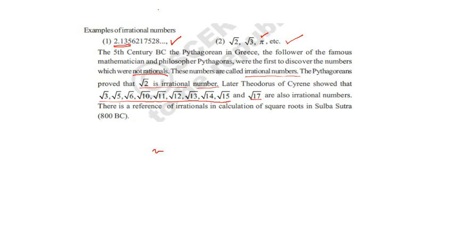There is also a reference in Indian history. In the calculation of square roots, there is a reference about irrationals. In the calculation of square roots, the book Sulabha